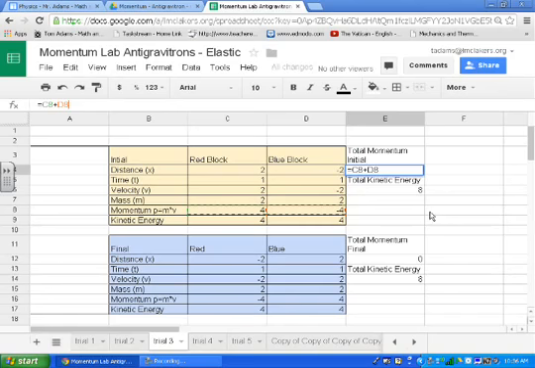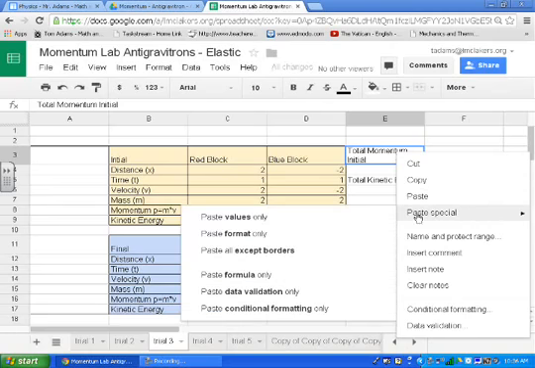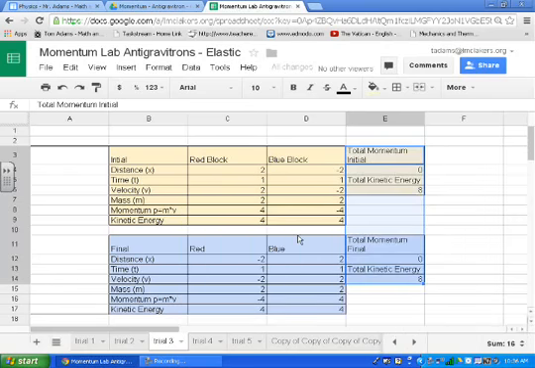And then notice also that the format isn't there. I don't have the color or the border, so if I hit paste and then I choose format, it'll put in the borders and the colors. We have to do it that way to make sure that we get the formulas in there as well before